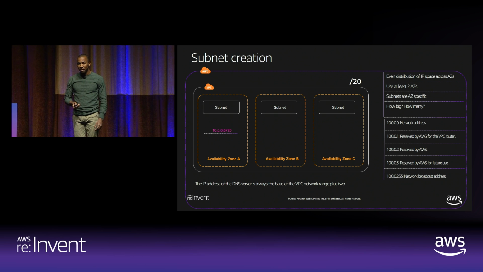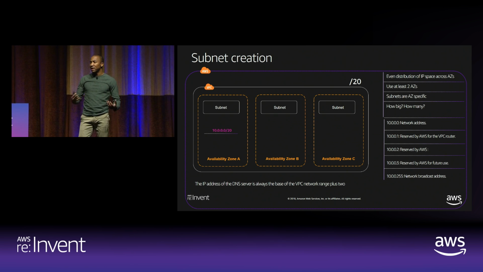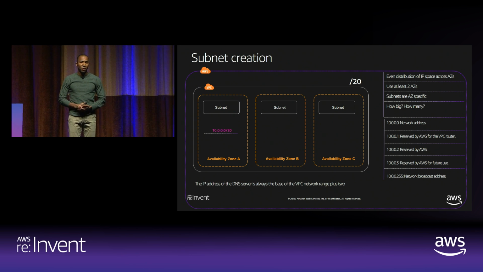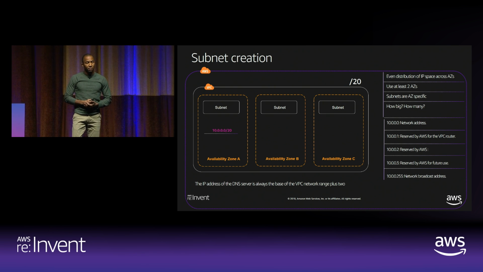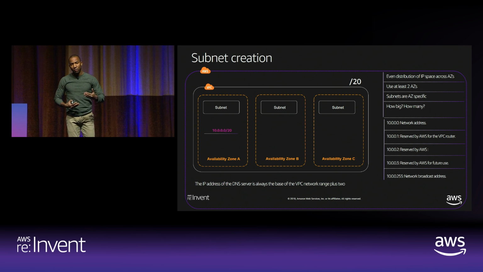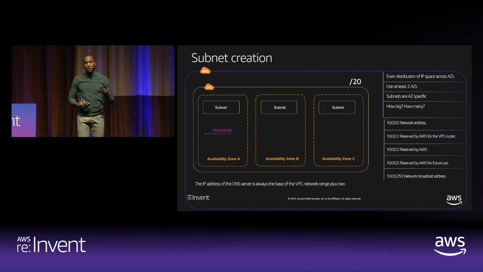Now, the second thing we do after creating a VPC or defining our CIDR block is decide how we are going to subdivide the network we've defined. What does that subdivision look like? Before I tell you, within AWS, when you define a primary CIDR block, we take away the first 4 IP addresses and the last one. The last one is the broadcast address, and we take that away by default because we don't allow broadcasting within the AWS VPC itself.